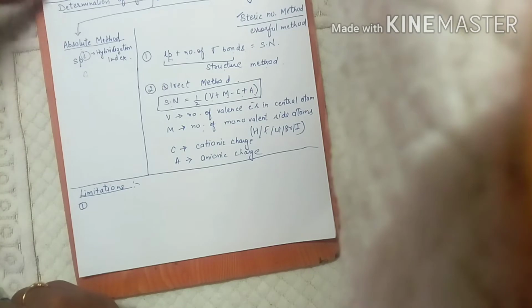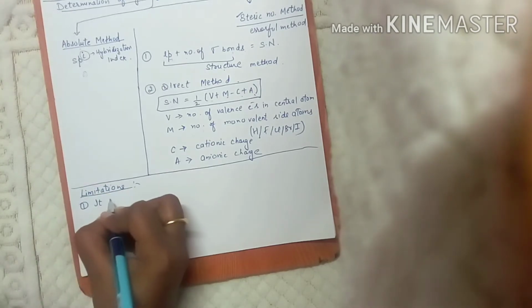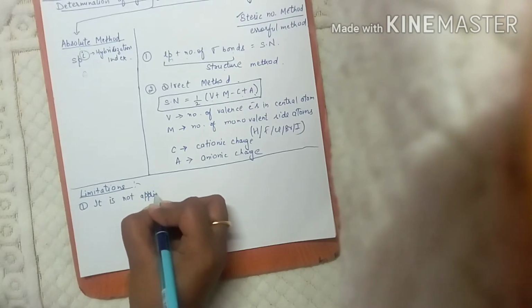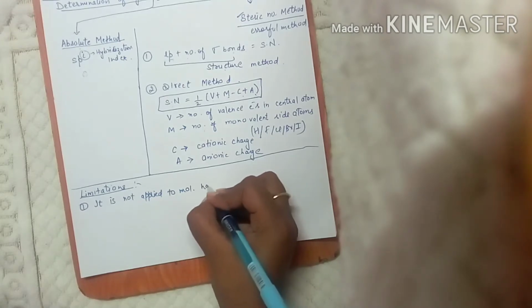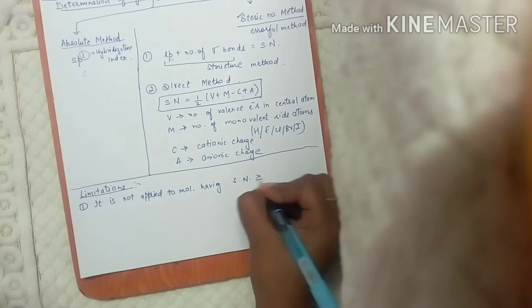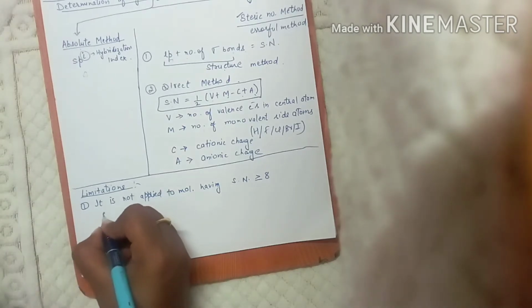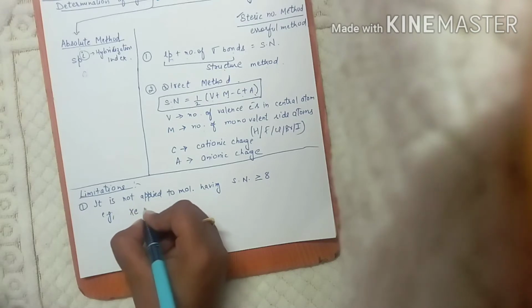The first limitation is that it is not applied to molecules having steric number greater than 8. For example, if you take the case of XeF8 2 negative,